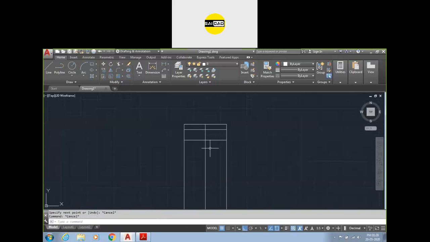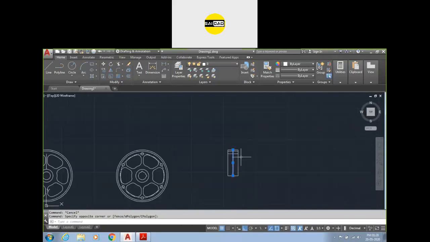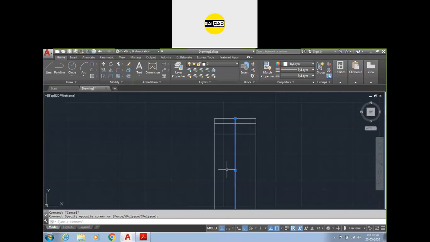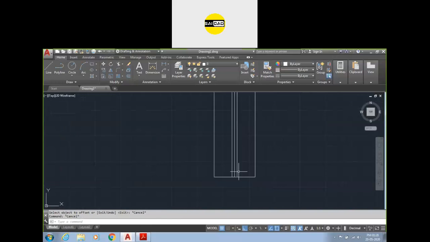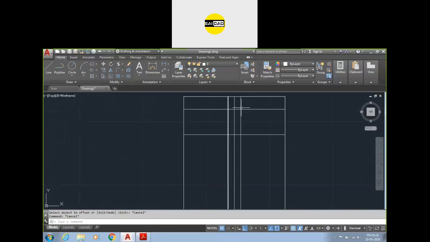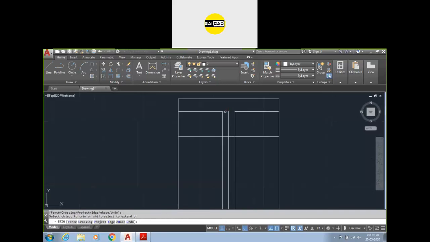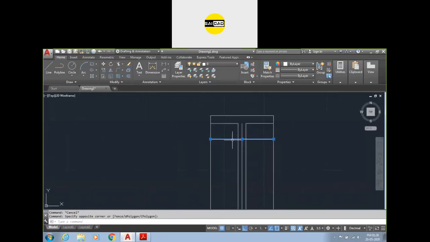Now we know the thickness of the second object is 10, so offset of 5, so 5 here, 5 here, and we have the other thickness that is of 50. So I'm going to create it after that. So trim here and trim these two options. Okay, after that we got this. So this is the projection of the circle center, so we have to create the offset of 10. So here and here, this is the circle. Trim this one, this one, and this one, this one.